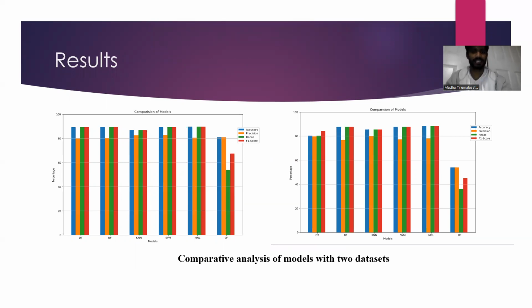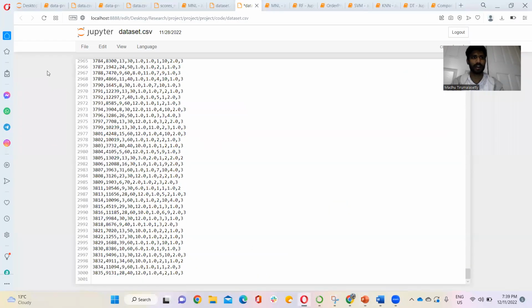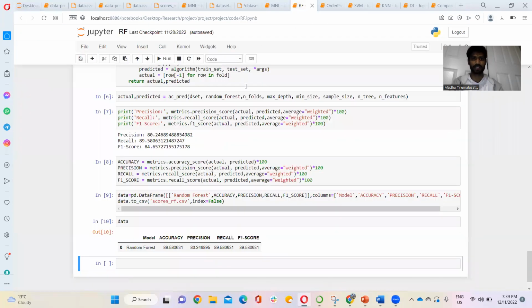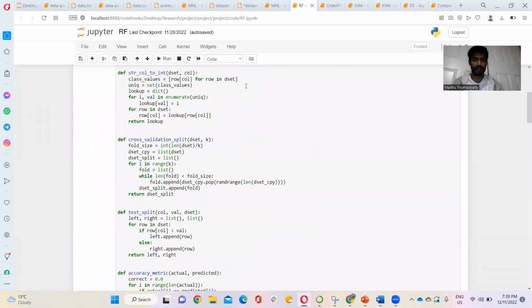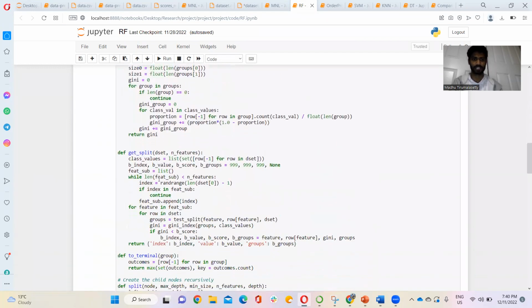Coming to the results, I'll walk you through how we compared our 6 models and how we got the results. This is the structure of our program. We wrote different methods in Python. As mentioned, we have taken 2 data sets.